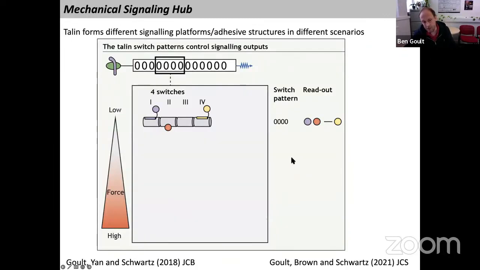So this leads to a framework we've been trying to develop to understand mechanotransduction and mechanical signaling through these integrin adhesion complexes, and this notion of Talin serving as a mechanosensitive signaling hub, and where it can recruit different molecules depending on the status and the shape of that individual molecule. So here I'm showing a low force condition where all of these domains are folded, and you recruit a certain subset of signals, and there's a binary pattern of 4 folded domains, and the readout is this assembly of these